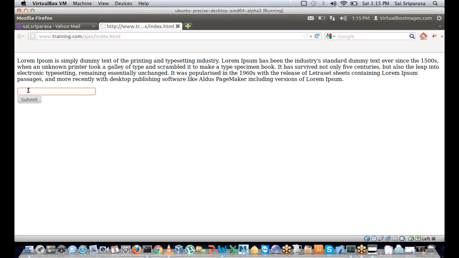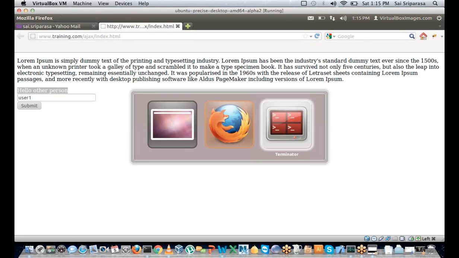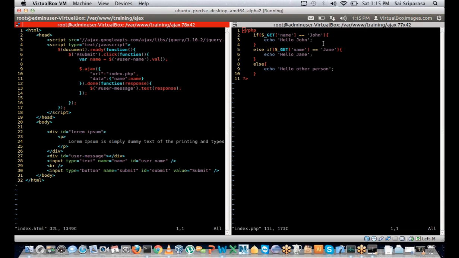So let's actually say user one. Okay, when we say user one, it says hello other person. So let's actually go back to the code. Oh, okay. So we were looking for John or Jane. If not, we would print out hello other person. Okay. It would have been easier if we just take the name rather than making it complex,